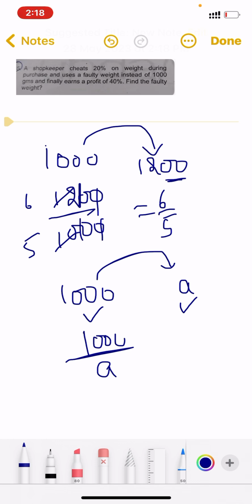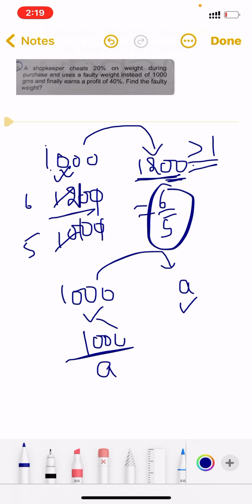Not always. See, what is the reason? Because he's actually taking this much and this is what he's claiming. So this will go down, and this will go up, and also the multiplying factor will be greater than 1 because this is his profit case. He cheats 20%, so this will be his profit, so 1200 by A. So this is one multiplying factor, this is the other multiplying factor.